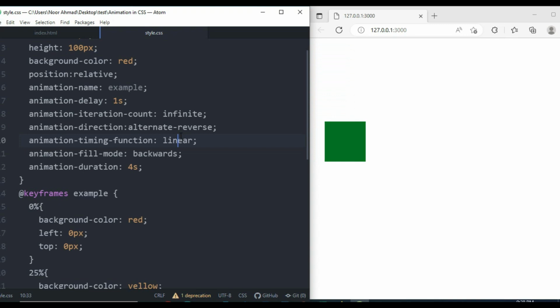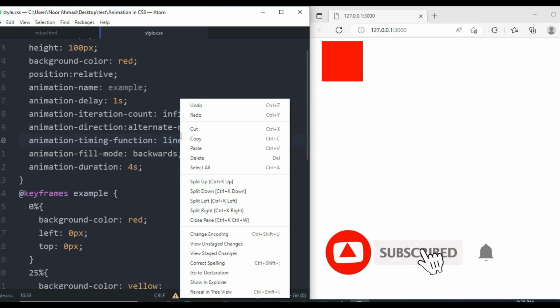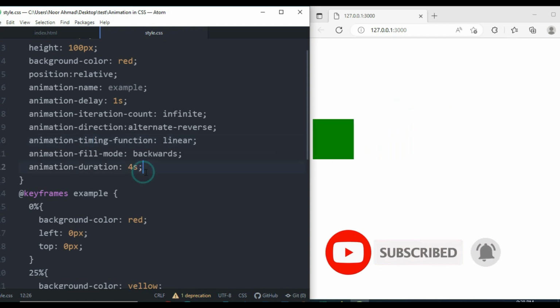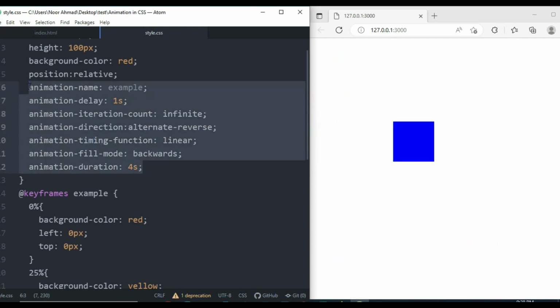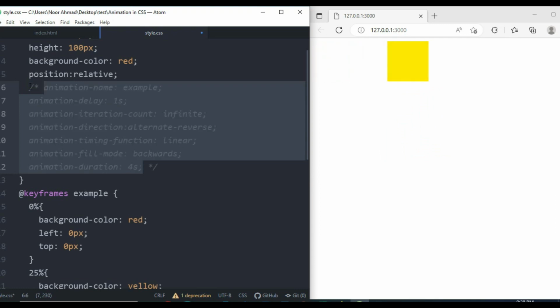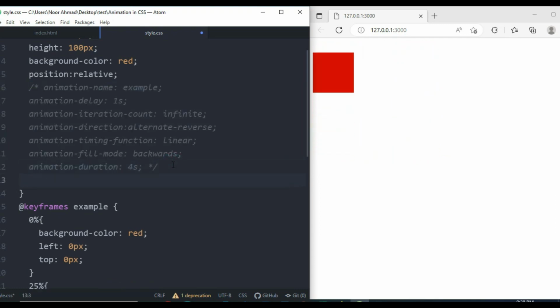And the animation also has the shorthand, which means that we can use all these lines of code in just one line, saving space and time. Let me use this for you. You can use the shortened animation attribute. First let's use animation, and first we are going to specify the name of the animation, which is example. After that we are going to specify the duration, which will be 5 seconds, and then the timing function, which is linear,